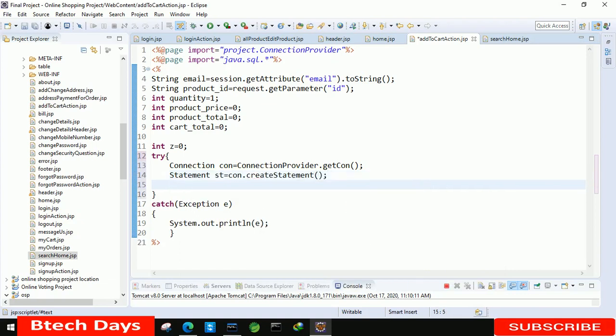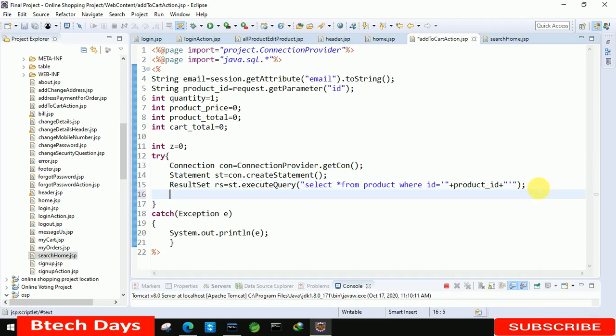After that we have to use ResultSet rs equals st.executeQuery, and in between we have to write select star from product where id is equal to single quote, double quote. I deleted one. After that we have to write here productId, this one. After that we write while rs.next, and in between